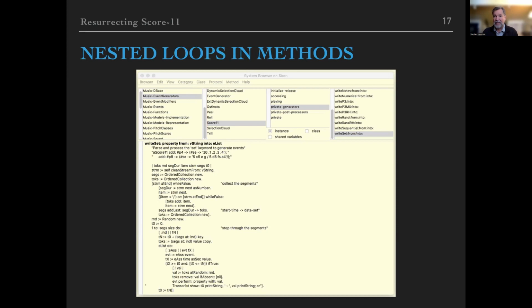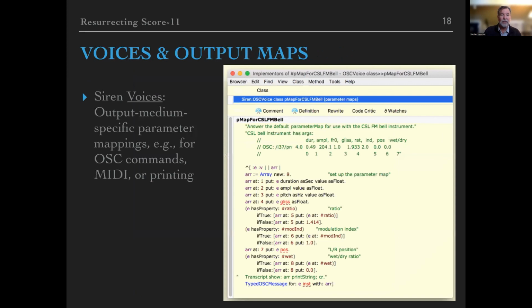And it happens that the names of the properties are also indices in the property list. So the voices, as I said, are specific to an output medium, and they map these abstract parameters to a specific output